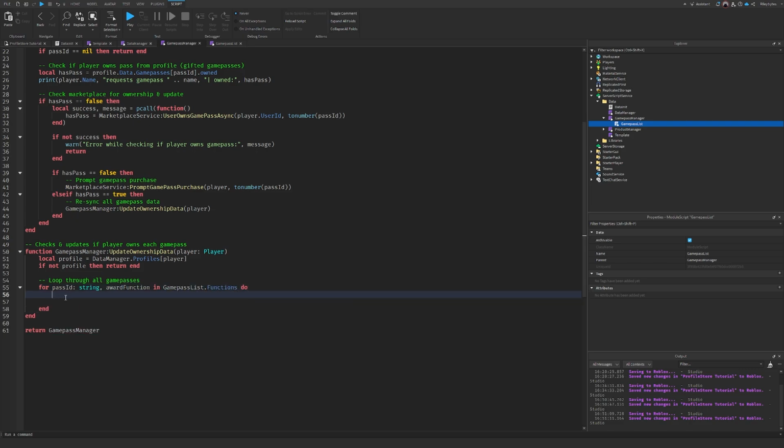So what do we need to do for each Game Pass that we have in the game? Remember, we wanted the profile to have priority because of the gifted passes opportunity in the future. So we'll first check the profile.data.gamepasses table, give it the pass ID we're looking at, and see if this player owns the pass already. And if the profile thinks that this player doesn't own the pass, so if hasPass equals false, then what we're just going to do